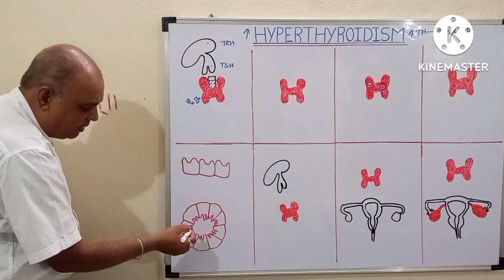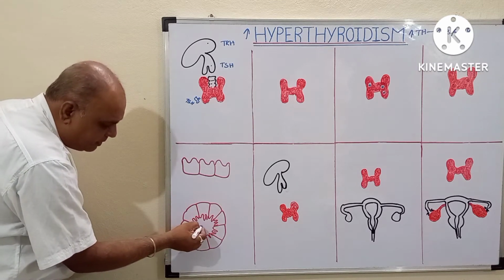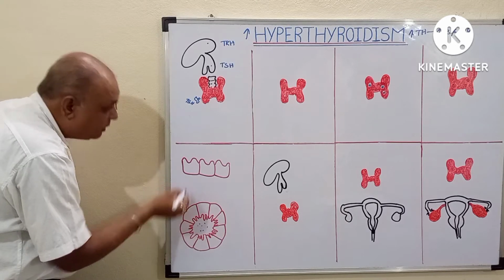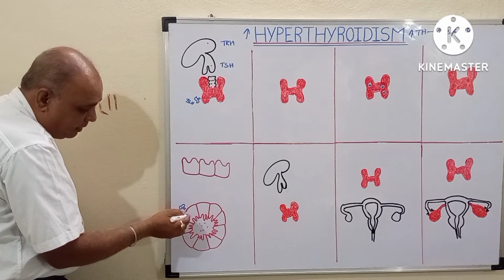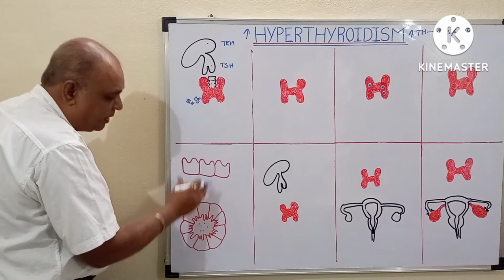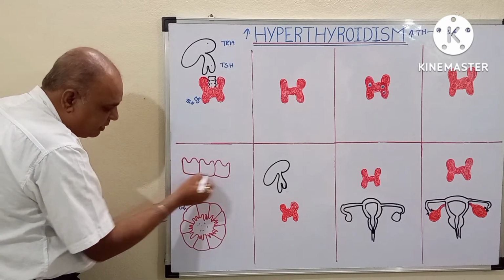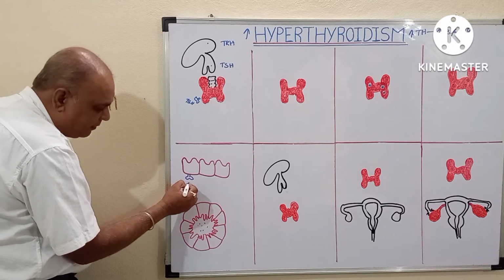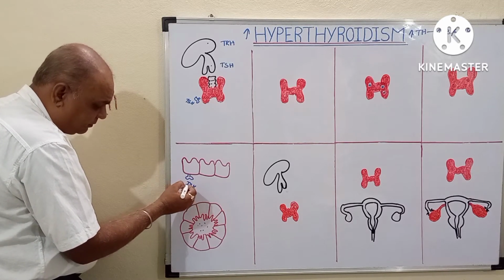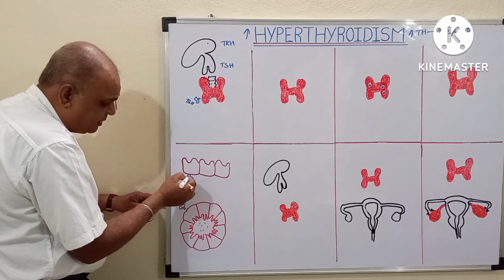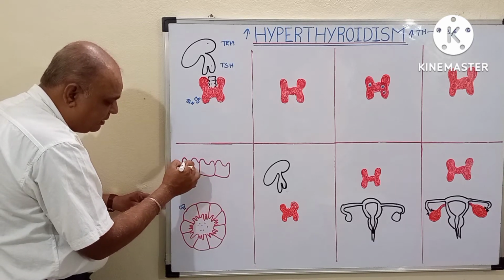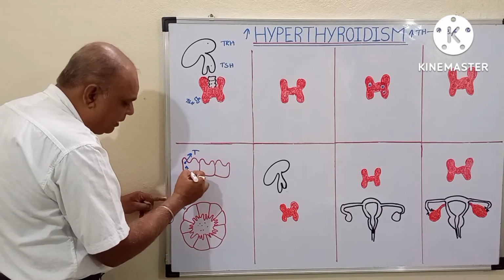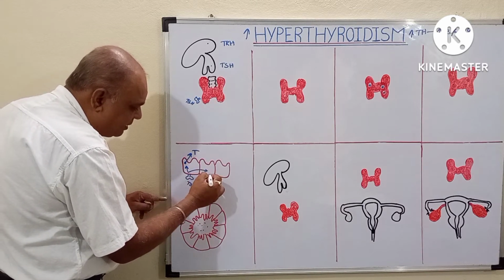This is a follicular cell structure. This is a lumen. This is the receptor. Now we have exposed a bit more. So these are the individual follicular cells. You can see the receptor over here, where this is TSH. Now TSH binds to this and gets into the cell and stimulates the thyroglobulin, as well as it stimulates